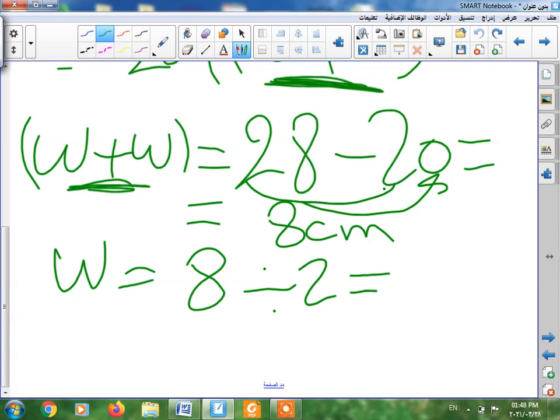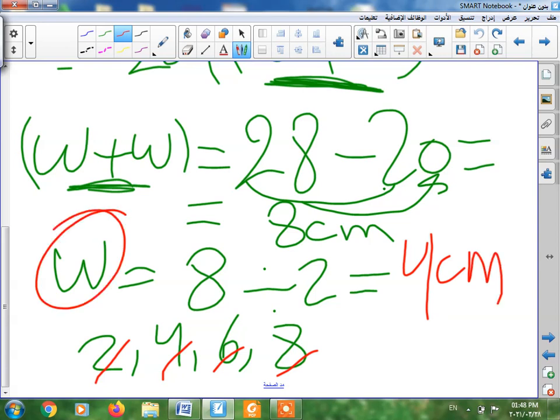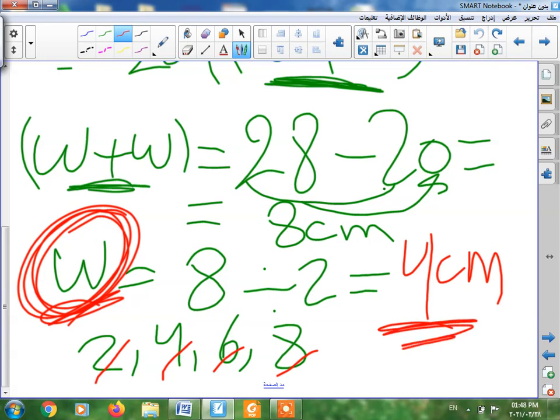8 divided by 2. We repeated 2 how many times to arrive at 8? Skipping 2, 2, 4, 6, 8. How many skips? 1, 2, 3, 4. So 8 divided by 2 equals 4 centimeters. Then what does the width equal? The width equals 4 centimeters. Again, how do we find